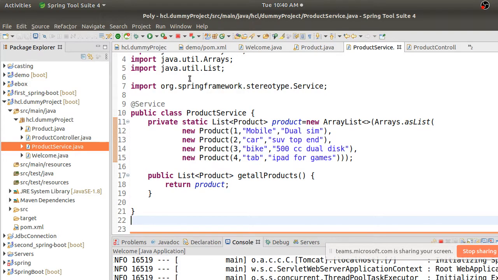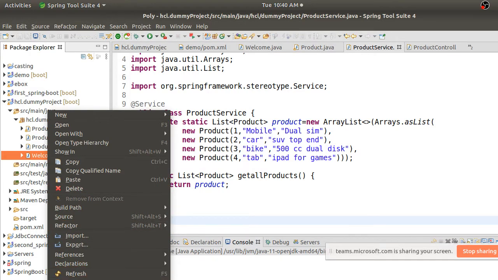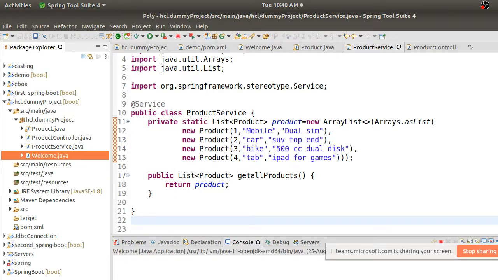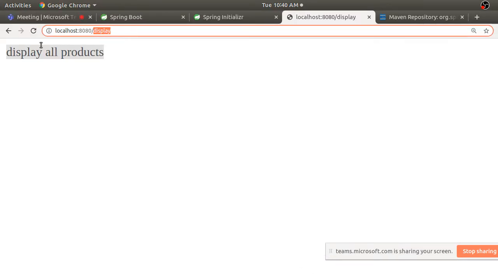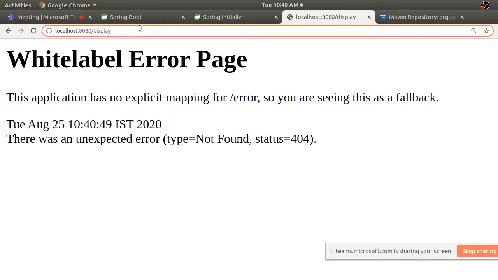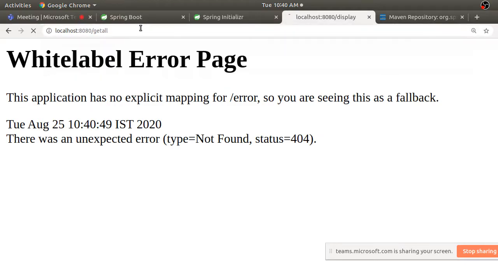You can use one more way of testing this application. You can still run this project. Just stop this project first, and then go to this welcome and run it as a Java application. Now if you go here, obviously this will not work. Get all is the URL. So if you give get all, now you'll get